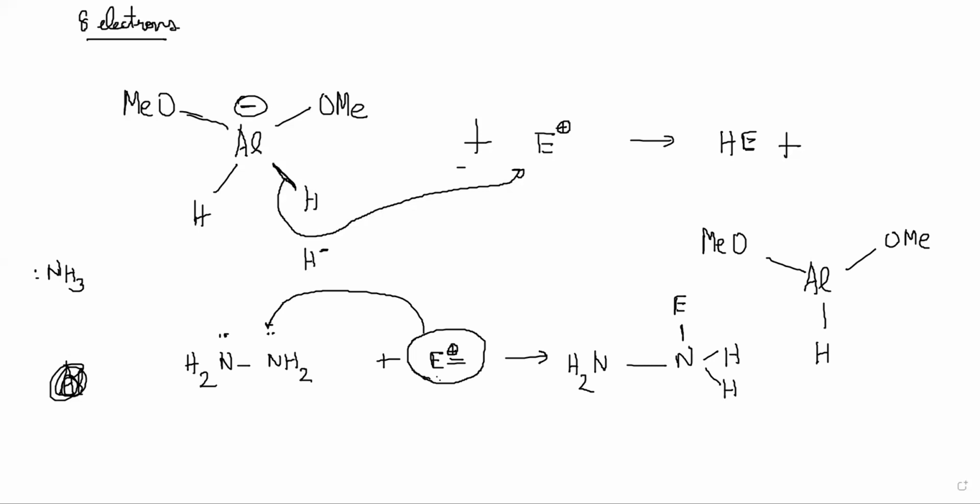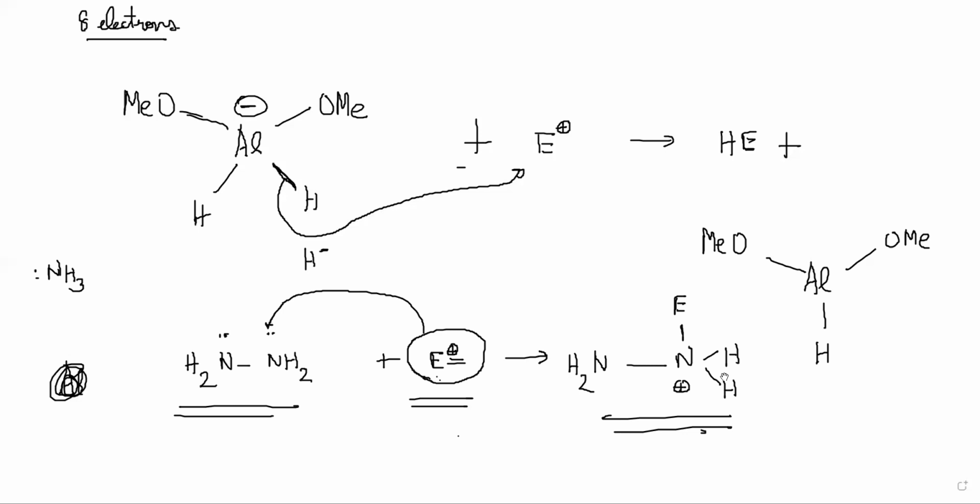The other case is the phosphorus one. Again, nitrogen and phosphorus are in the same group. Here also phosphorus has three bonds, so there is one lone pair there. So E will just come and attach to the phosphorus, right? There is no issue here. The only thing is the end product will have a positive charge, because that molecule is neutral. So here also I should put a plus charge, because neutral and plus should be a plus. Charge has to be balanced. Okay, so this is about question 2.